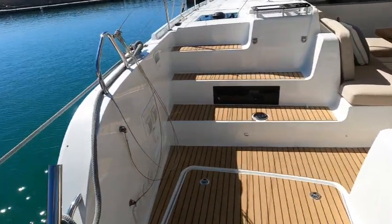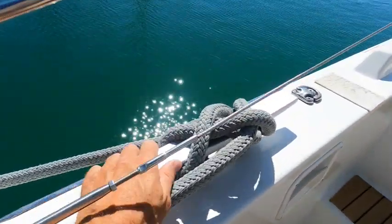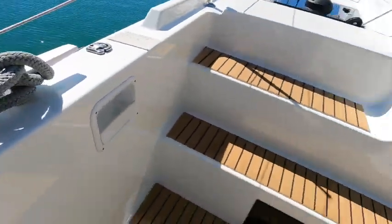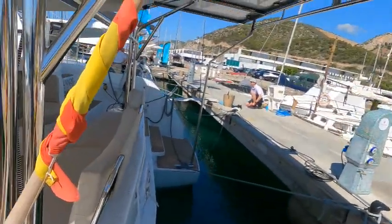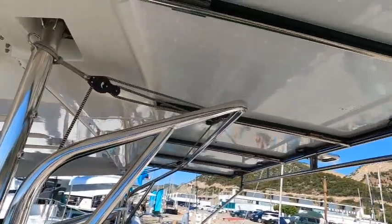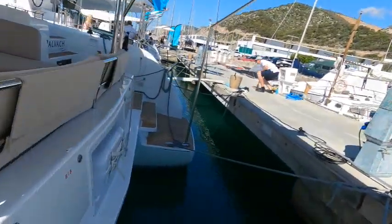Coming onto the boat on the port side, you'll notice big oversized cleats for your mooring lines, and the davits will hold up to 200 kilograms, and this boat fits a tender up to 3.6 meters. The life raft is stored at the stern of the boat,